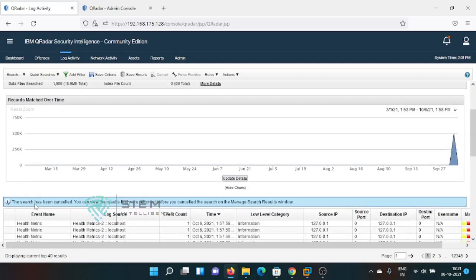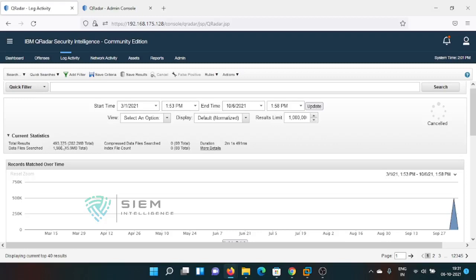So it has said the search has been cleared, but you can view the result that was returned before you cancelled the search. How much of the search have you done? You have done something like 1, 2, 3, 4, 5 pages of 40, you can count this here. See, the result is 4,93,775. It has searched 282 MB total of data file search. Why? Because this is an offline search. That's why it has gone back and searched each and every file that was there in the events of the last day. The file quantity is something like 1986, and the size is 15.9 MB. Now got it, Vaibhav?